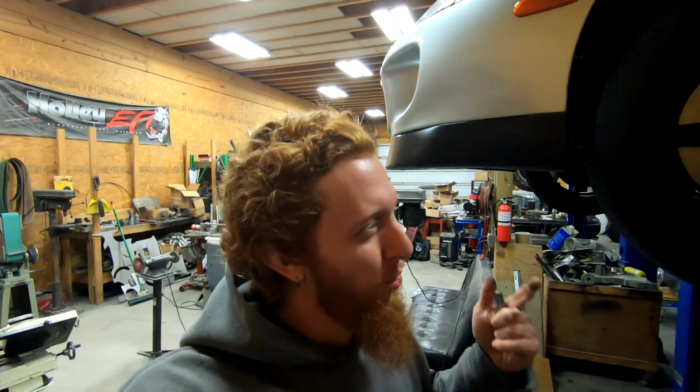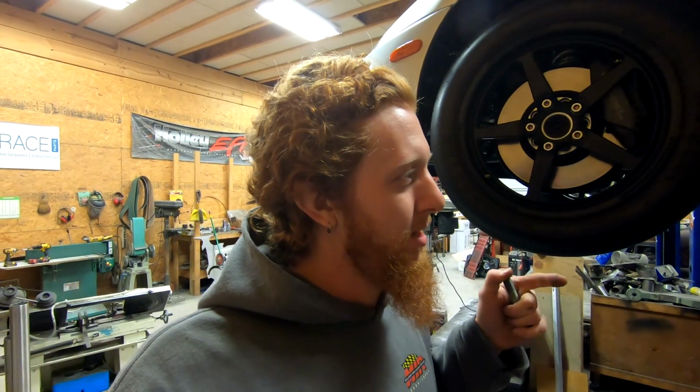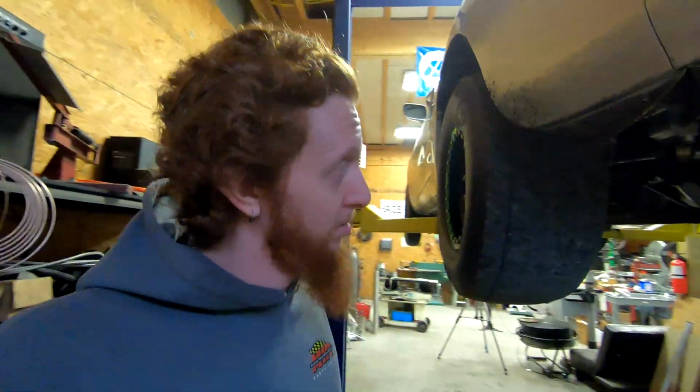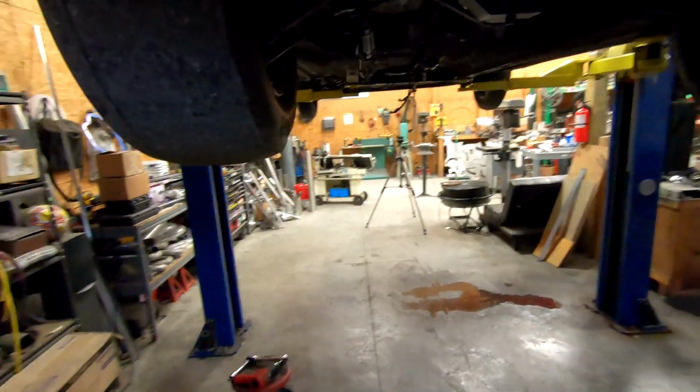Today is the day for the subframe repair, and the more that I've thought about this, the more I am going to try to fix this without dropping the subframe out, as it pays to do your due diligence. Try to fix something the easy way before progressing onto the more difficult options. It's just part of the way that diagnostics work, and it's the way that I'm going to try to make this repair work. So I pulled the corresponding fastener out of the other side of the subframe